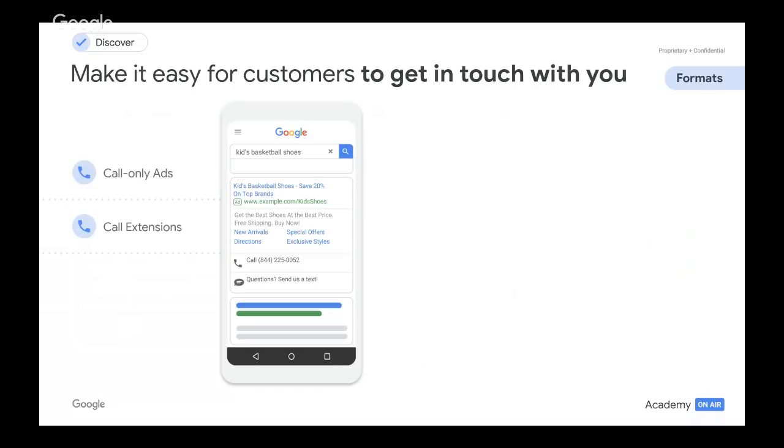Last up, a relatively new ad extension, and that is our message extension. The message extension is an interesting one in that we can present to users an option to click to message your business. We can then link that message extension with an email address, which works really well in the instance that potentially